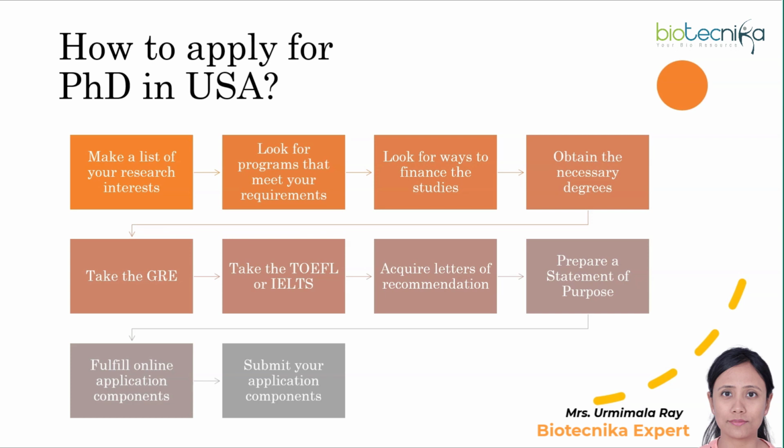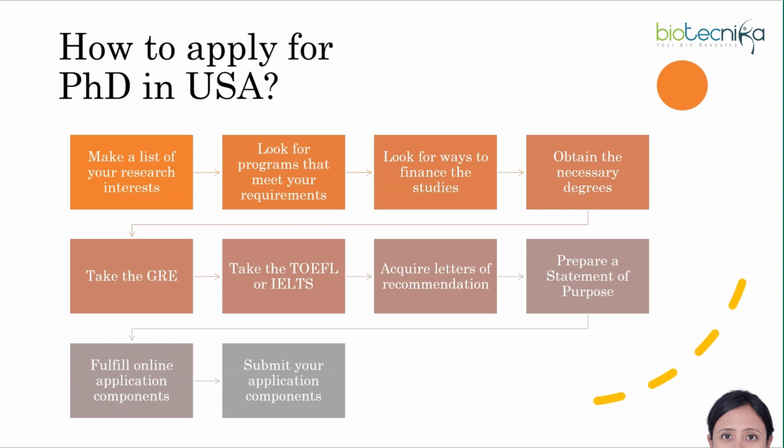If a student meets all the prerequisites, the university invites the student to take up entrance tests or interviews. And the cutoff for the entrance test is determined by the college administration only. If an applicant performs well and meets the cutoff, the next step would be processed. And once chosen, you start preparing your budget and start applying for a student visa, get your passports ready, and that's it. You will be able to follow your dream